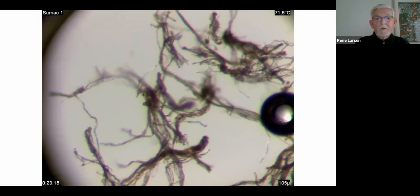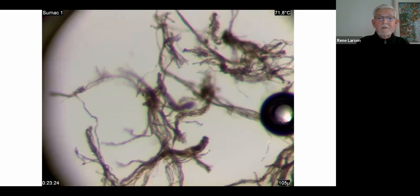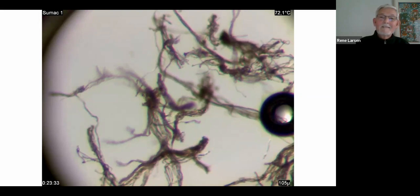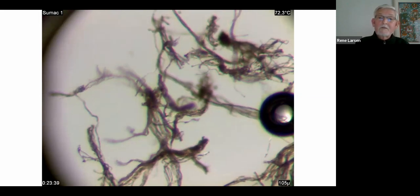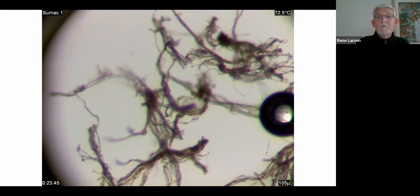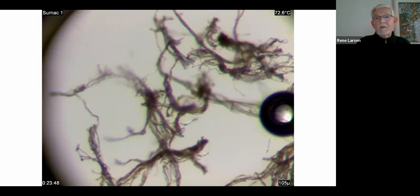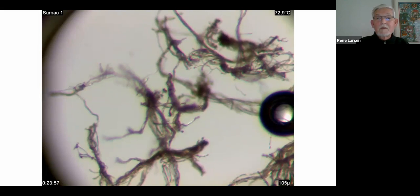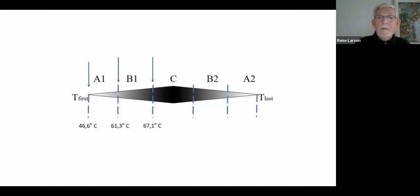Some of them are unwinding. And after the third and fourth film, you begin to see very funny little creatures appearing. It can be very interesting and informative because it tells you about the condition of the fibers. You still see some long, narrow fibers, which are those in the best condition, and those will shrink at the highest temperatures. So you get an idea of